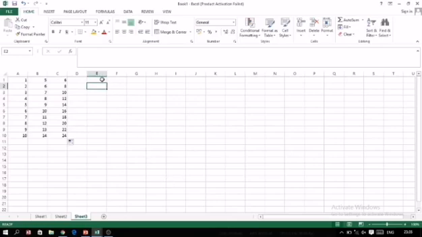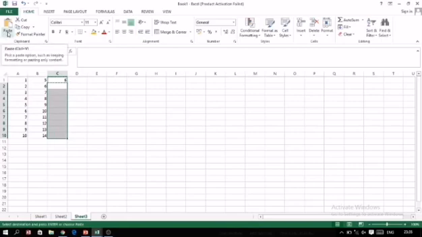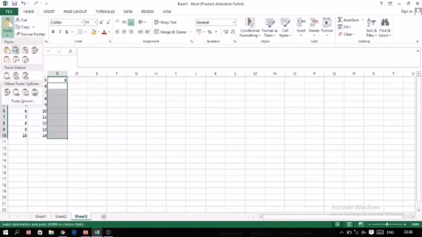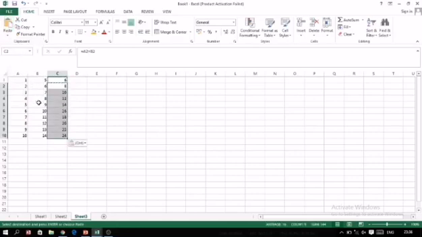The second method is that after writing the formula in the first cell, copy it. First select it, click on the copy option. After this, select the cell where you want to copy, then go to the paste. Please remember, you don't have to click directly on the paste button. Click on the paste drop-down, then there's an option, paste formula. Click on this button, and the formula will be copied.